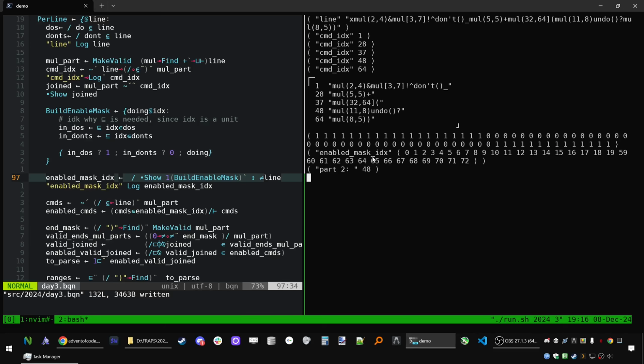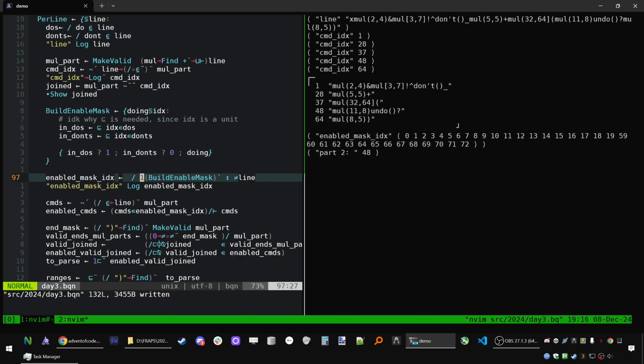So now I have the mask that I built up. I grab the indices of all these ones. So it's the first 20 characters, then off until 64 or something. No, something like that. So now we have our masks that are allowed. Perfect. I can get rid of this guy, I guess. Perfect. So now from our commands,